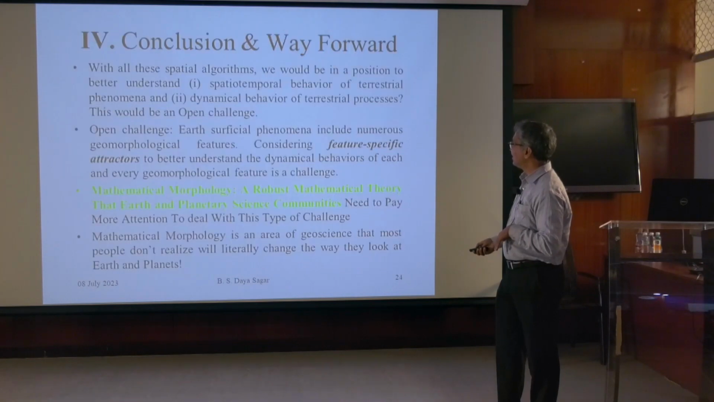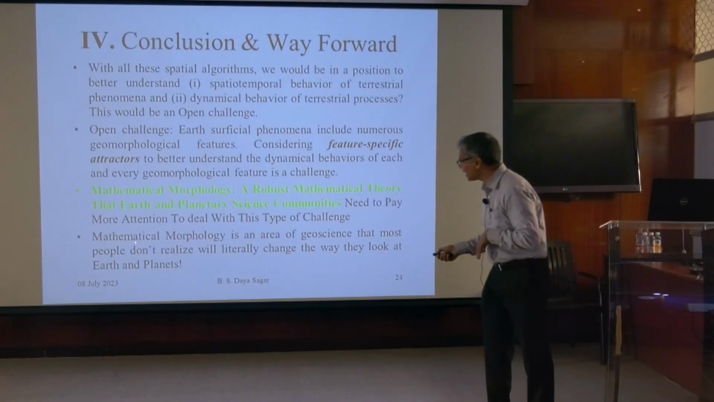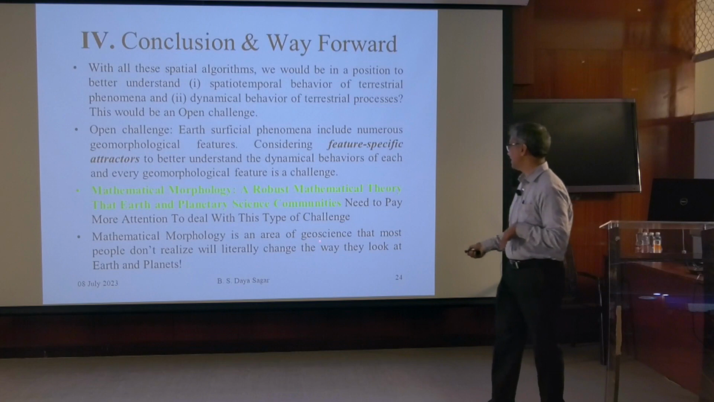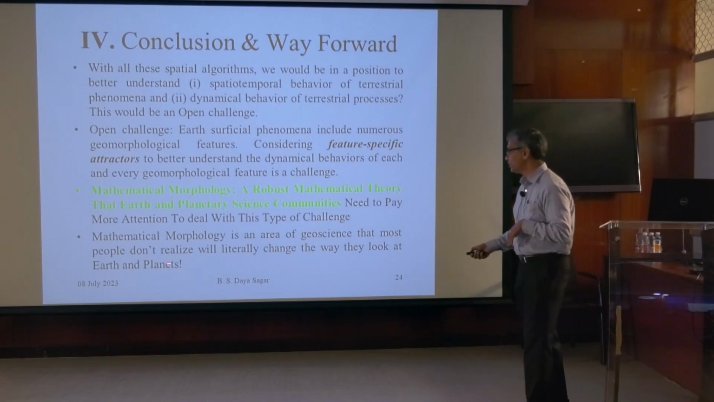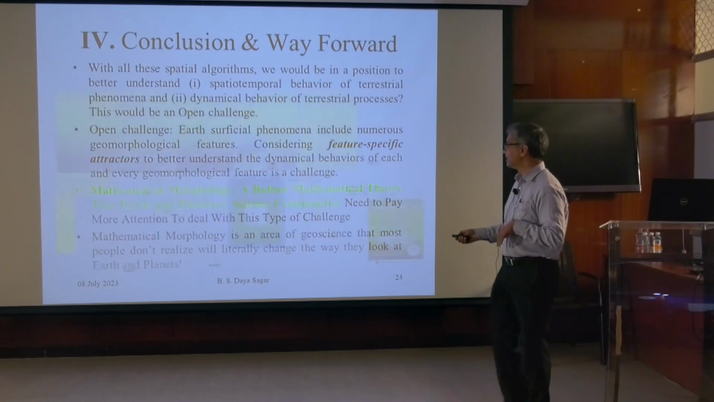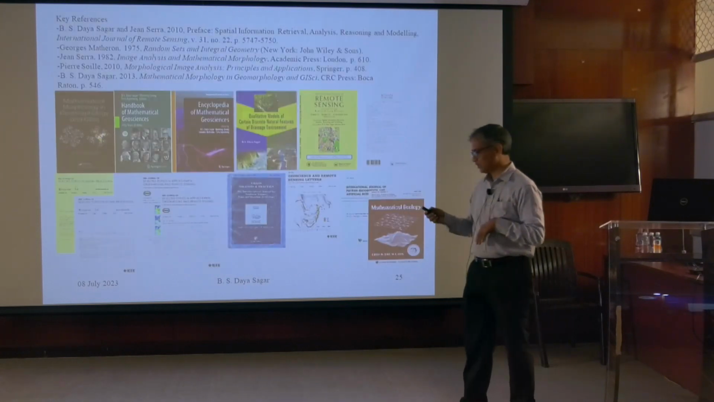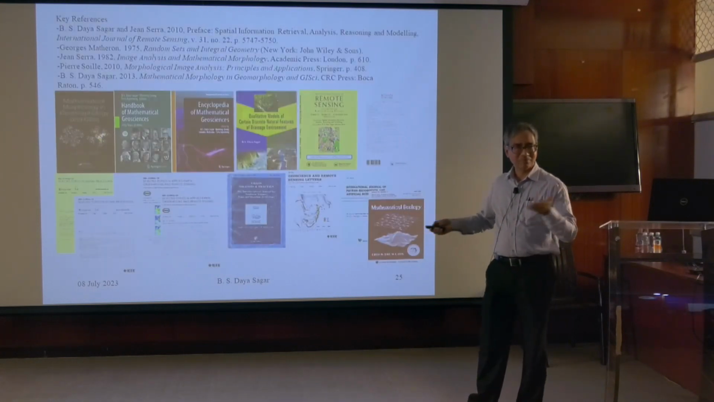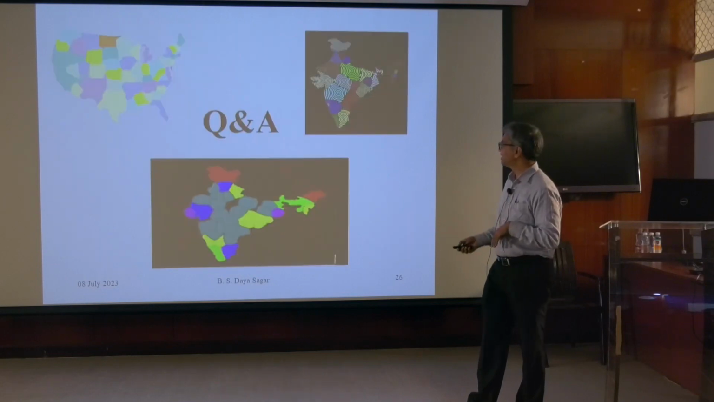If there are any questions, I want to show this particular conclusion: mathematical morphology is an area of geoscience that most people don't realize will literally change the way they look at Earth and planets. And these are some of the books that we have written using our results. And so the question is